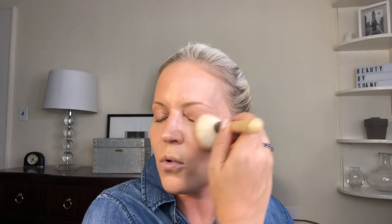So you can use the same brush that you have for your powder at home. I love using a big fluffy brush, this face blender brush. It's natural hairs, it's very fluffy, and it's not too dense. If you love tons of color and you're a spray tan girl, then maybe get a more dense, heavier brush. So remember, the denser the brush, the more stiff the brush, the more payoff you're gonna get onto your skin. This is fluffier, super soft, and you can see I'm applying color all over to color correct and